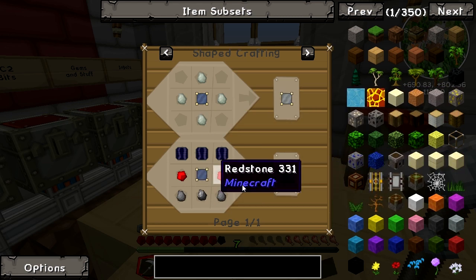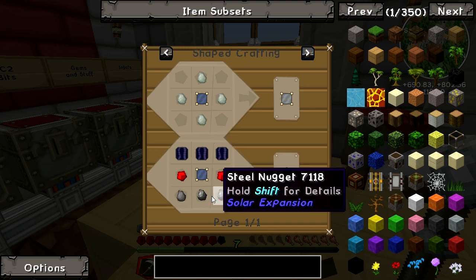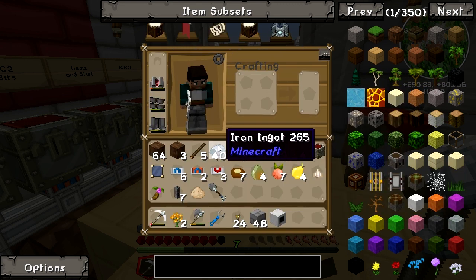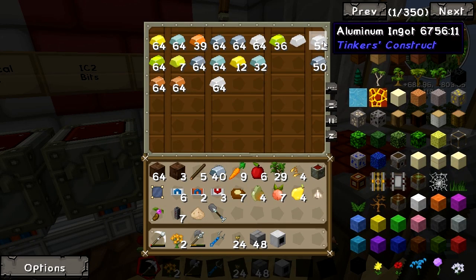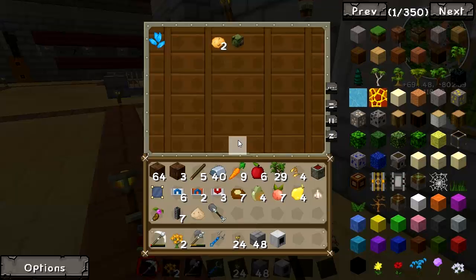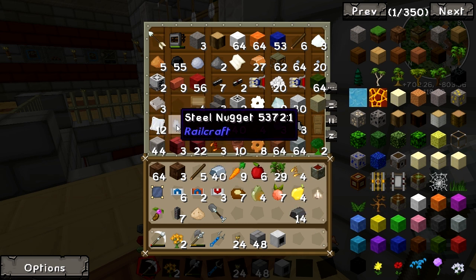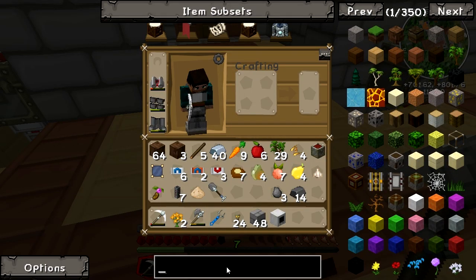I want to make that up into a leadstone solar panel, which is just the photovoltaic cells and steel nuggets. What on earth is that used for? Right, I can use it with a load of those to make the hardened one. That's fine and dandy. So, ingots. Do I have steel ingots? Are those steel ingots? Those are not steel ingots. I bet I don't have any steel. If I don't, I won't bother. I'll make one off camera somewhere. Steel? Oh, I do have steel. Is that steel? That's steel nuggets. Perfect. So the photovoltaic cells...